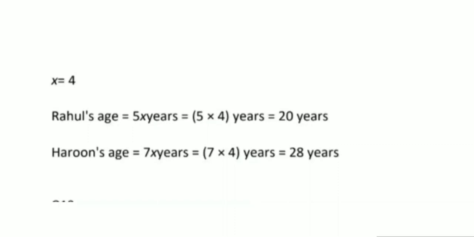5x means 5 into 4. So 5 4s are 20 years. And Harun's age is what? 7x. So 7 into 4 is 28 years. Okay. Now question number